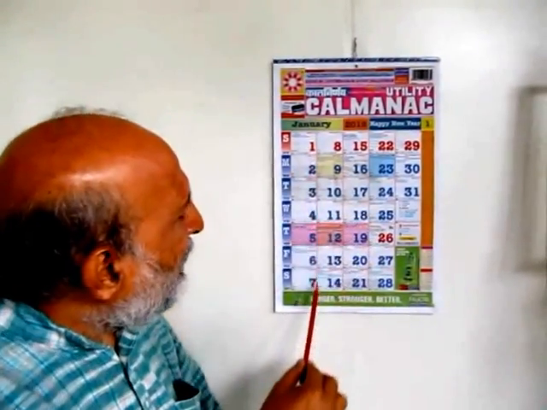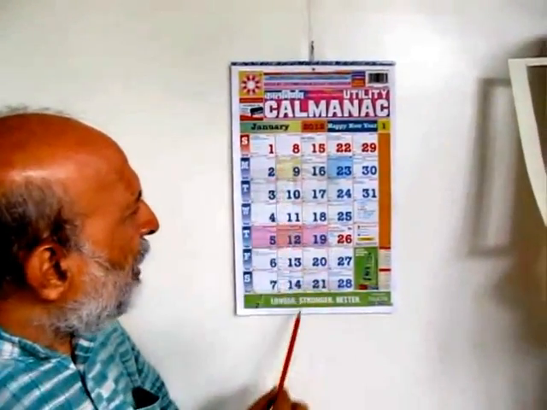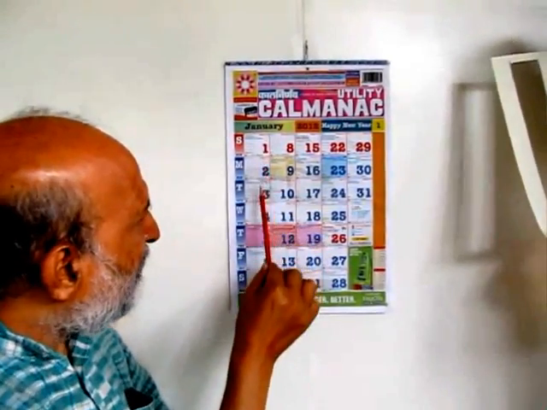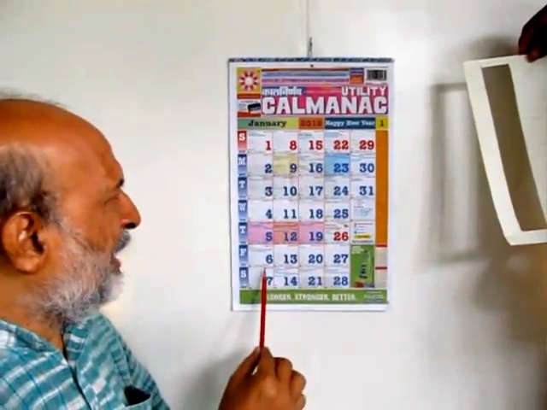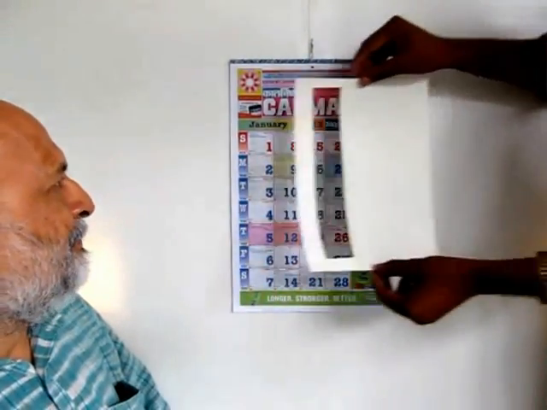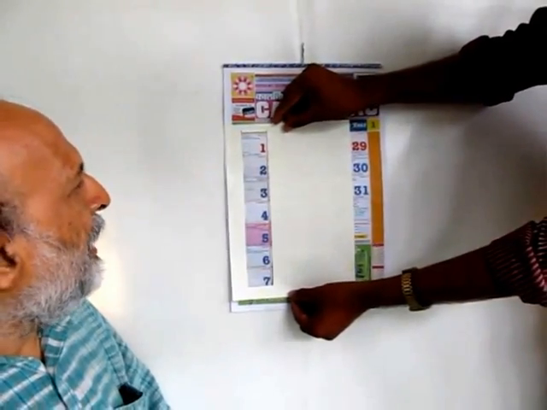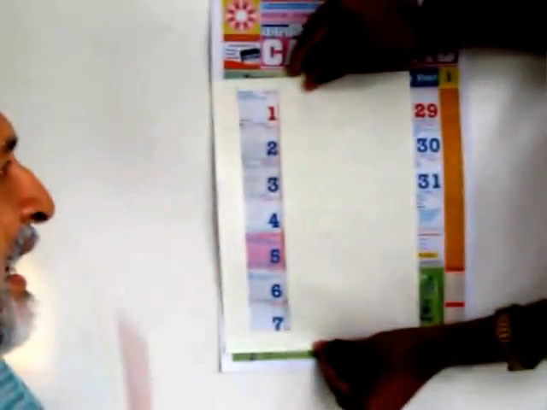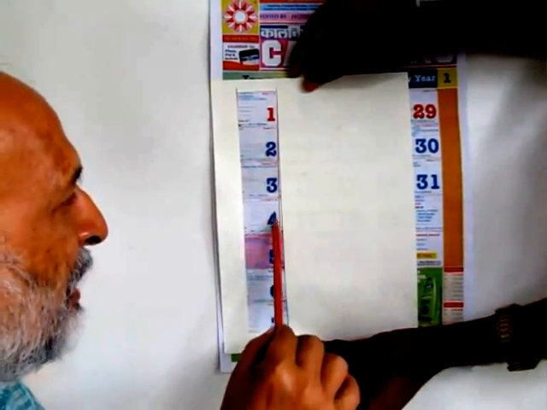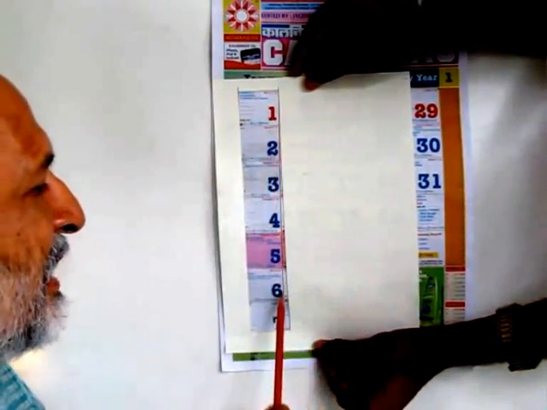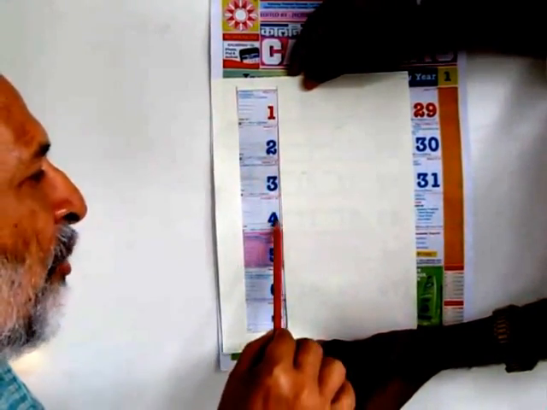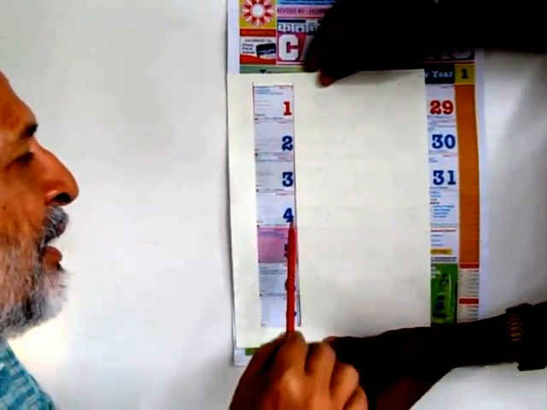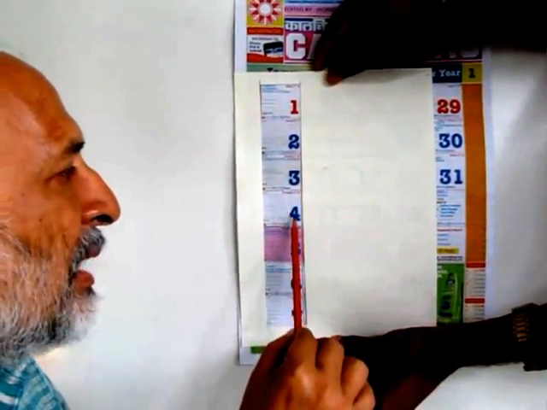Now, look at the calendar and take one standing column. We are just going to put a mask so as to isolate. There will be 7 numbers because there are 7 days in a week. Now look at the first number and the last number. 1 plus 7 is 8, which is double that of the middle number 4. 2 plus 6 is 8, which is double that of 4. 3 plus 5 is 8, which is double that of the middle number 4.